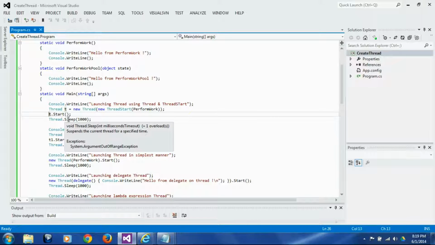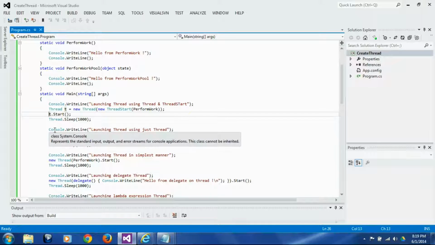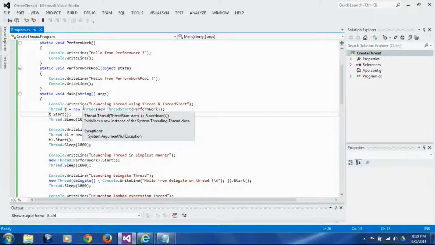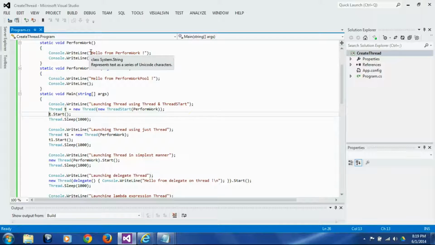After we create the thread, we are going to actually start the thread, and then we are going to sleep for one second because we don't want the next thread to start immediately after we create the first thread. If we allow that, all the messages printed by the threads will get intermingled, but we want clear messages in clear sequence so that we can understand the thread creation. So that's why we are introducing this sleep. So we learned this first basic thread creation.